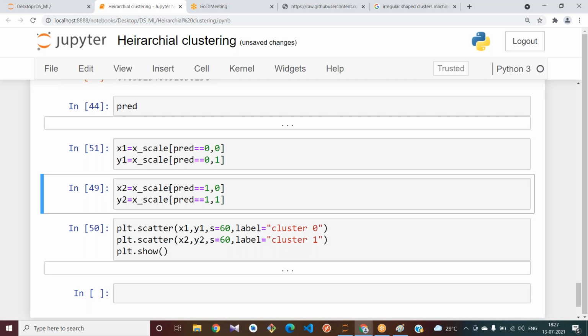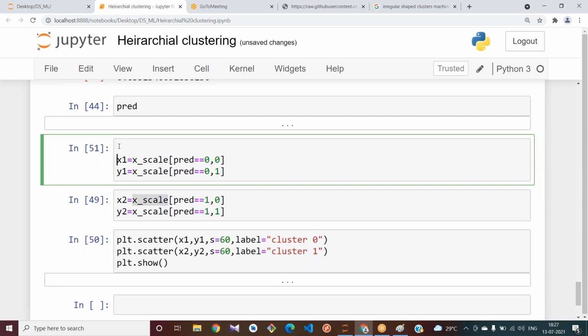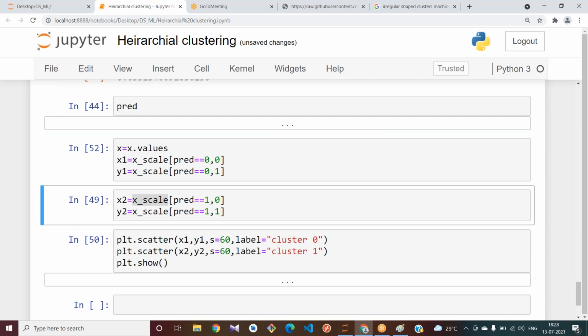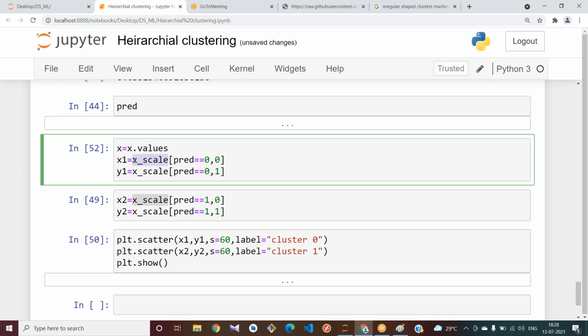We have used scaled data. Our normal data is present in X. To divide that, I am trying to explain with the array data, right? Try to convert that into an array. How do we convert? X equal to x dot values. Now we try to use X here.